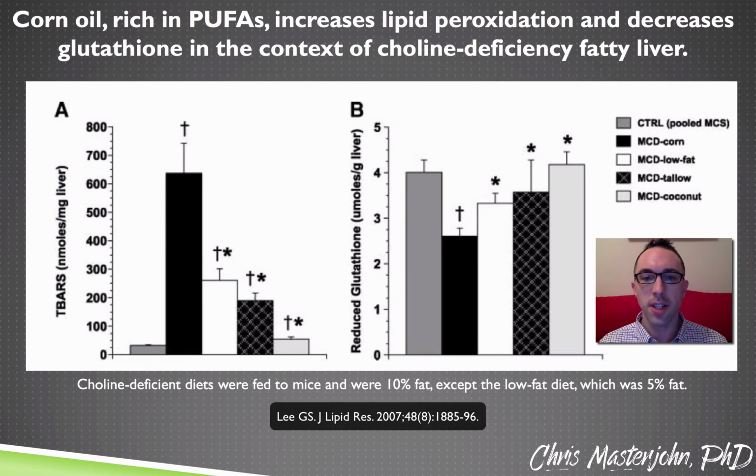The data on the screen are from mice fed a methionine and choline deficient diet, or MCD diet. Methionine is a precursor to choline, and choline is needed for hepatic export of triglycerides. So an MCD diet makes the mice profoundly deficient in choline by cutting down both the choline and its precursor, so that the mice are unable to export any triglycerides from their liver.